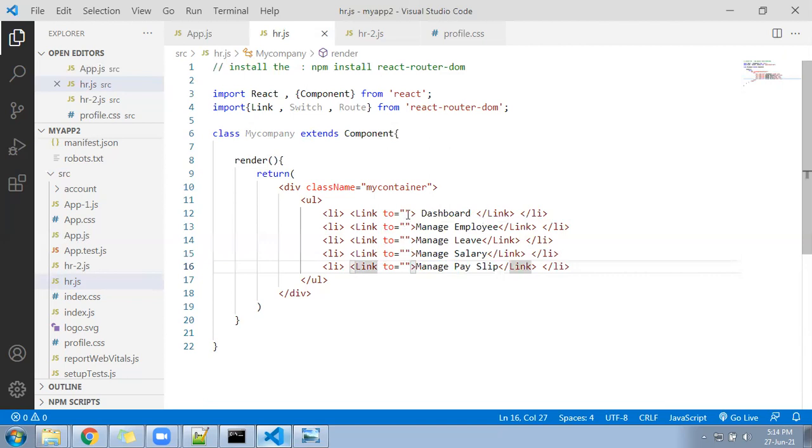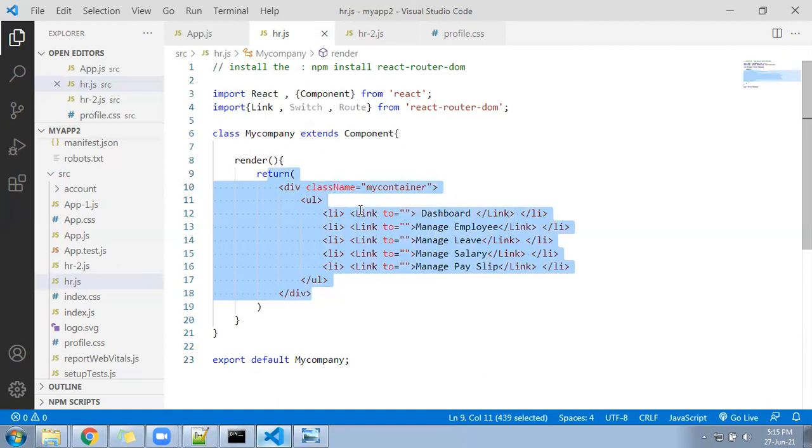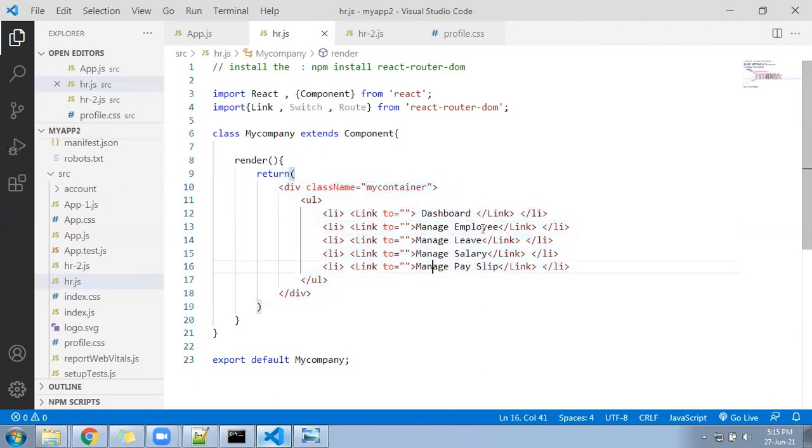Now, after that, let me look into my browser, what is going to come. So you know already, to display anything in your browser, you have to write here export default, and which one? The name of the class, that is called my company. After writing this, I will go to my browser and I'll show you what design is coming and how it looks. So I have just written the menus, and this menu section I have given how many tabs? 5 tabs. Then in that 5 tabs, we are going to apply the nested routing. Let me look into my browser.